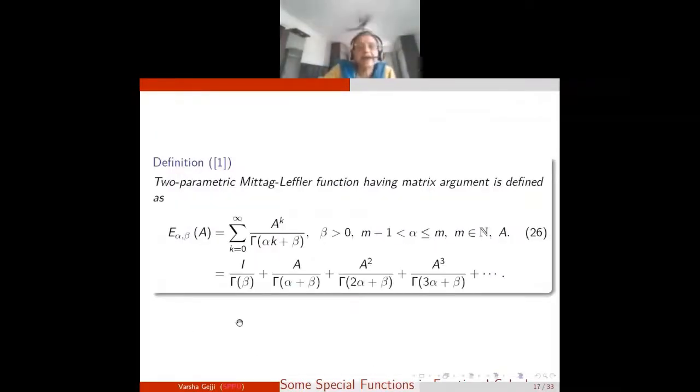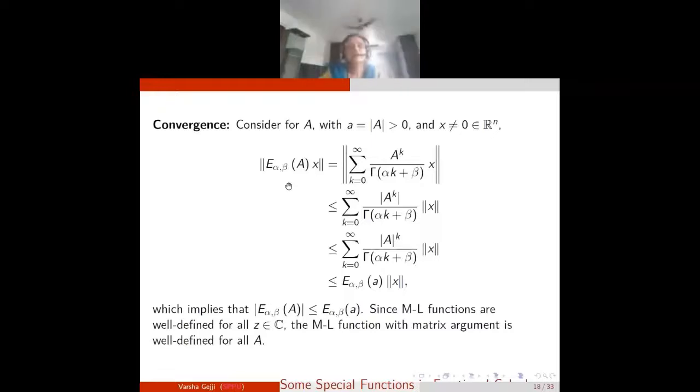Now when you generalize this, you first have to generalize the Mittag-Leffler function for matrix arguments. This is defined on similar lines here. A is a matrix, and instead of factorial you now have gamma of alpha k plus beta, and you can show that this is convergent. That is important: you can write any series, but it makes sense only when it is shown to be convergent. So here is a simple proof that E alpha comma beta with matrix argument, this norm is equal to this, by